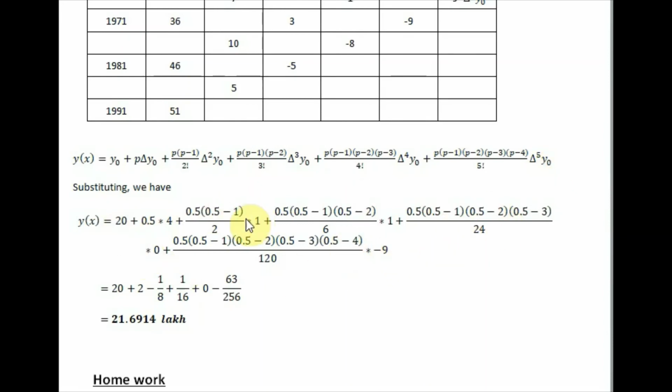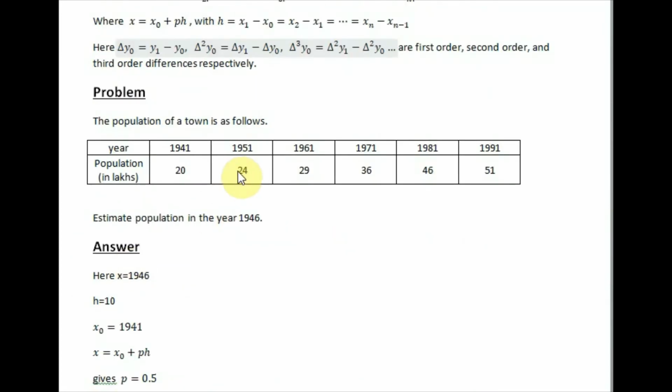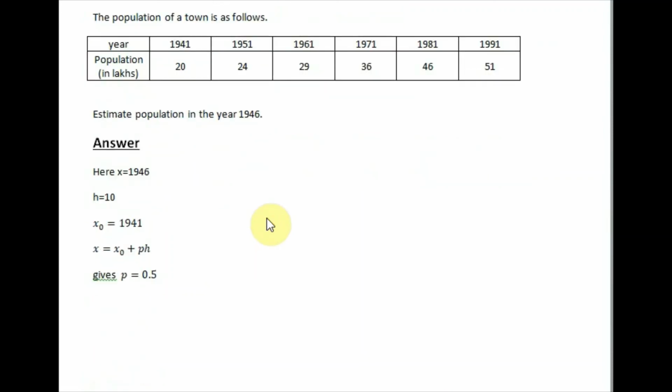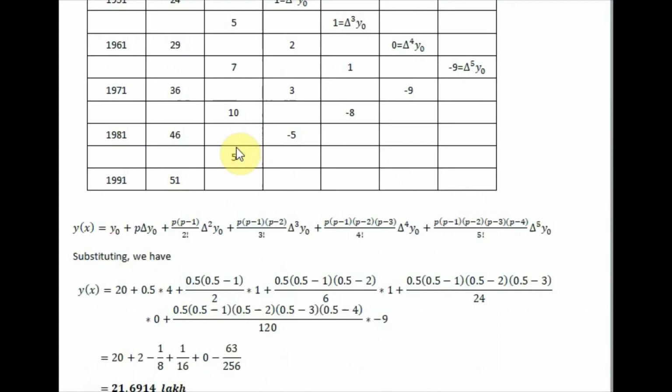Now on simplification we get the answer as 21.6914 lakh. That is, the population in the year 1946 is 21.6914 lakh. And we know this answer must be between 20 and 24 because 1946 lies between 1941 and 1951. So obviously the population in 1946 will be between 20 lakhs and 24 lakhs, and the exact population in the year 1946 is